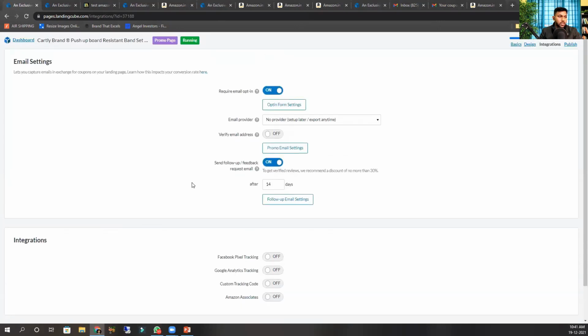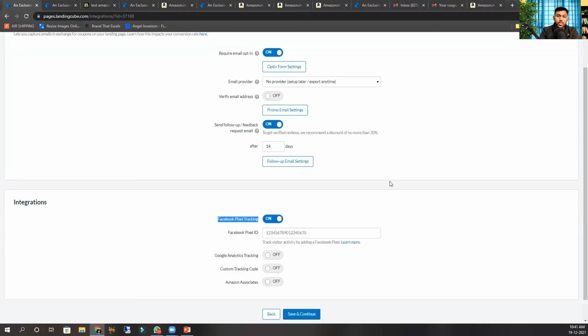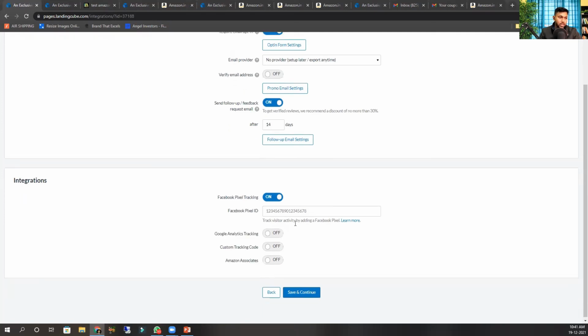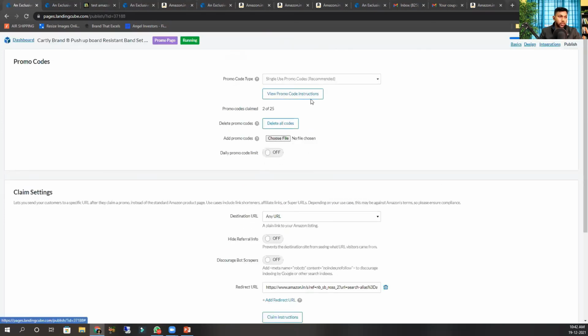Now here, one thing you can see is that you can put all the tracking links. If you're using Google Shopping ads, which I don't know why you are not using, just create a website. We even have the service. We provide e-commerce websites to clients. If you want e-commerce, we can do it. If you want Shopify, we can do it. Google Analytics, because every customer that is coming to your landing page has to be tracked. It is very hard to get the first purchase if they don't know you. Once you retarget, shopping ads are very cheap. Target through that. You can set all these tags here. Then you just save and continue. And here you can put the promo codes. You can just download the list of promo codes and put it here.